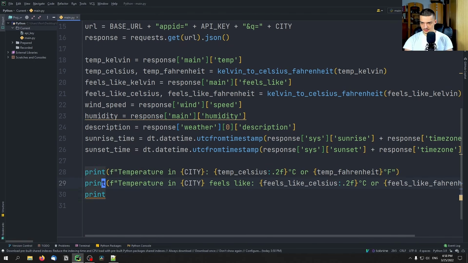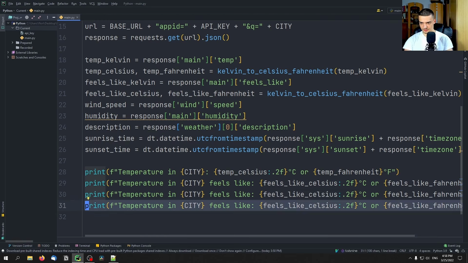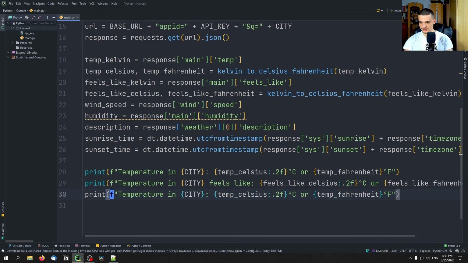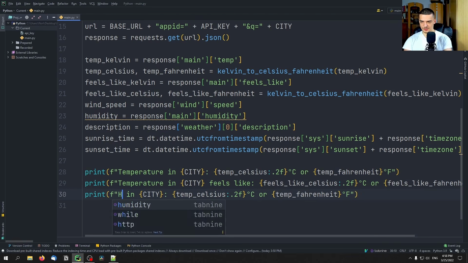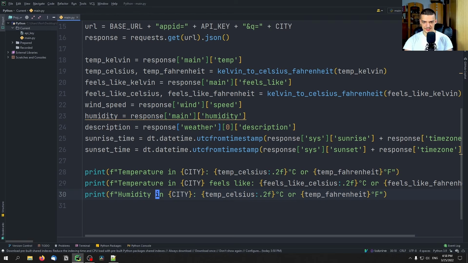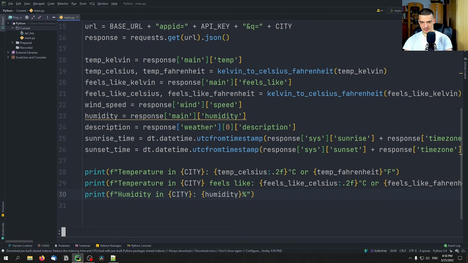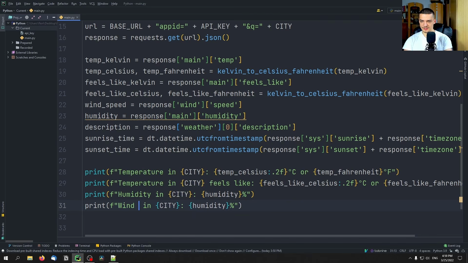Then actually let's copy this here. The next one is humidity in city, and here we only need humidity without a formatter, and this is not Celsius but percent. There you go. I think, yeah, I'm missing a quotation mark here. Then let's do the same thing with the wind speed,